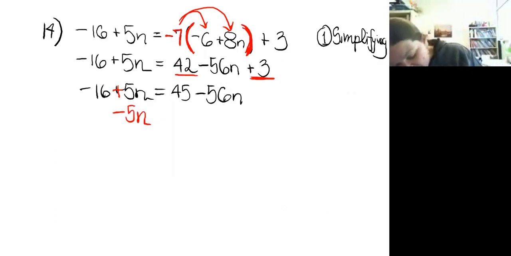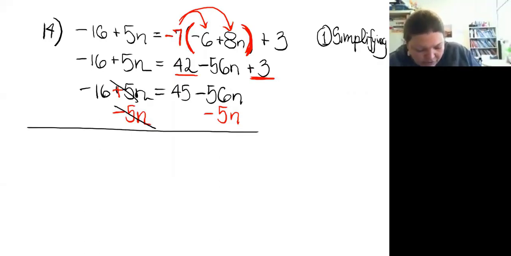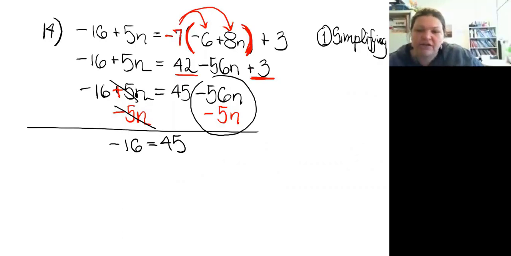So I'm going to subtract 5n from both sides. And notice where I put it. I put it right under the one that it combines with so that I make my life easier and I don't screw up. So on this side, plus 5n and minus 5n zero out so that I have negative 16. And on this side, I haven't changed my 45, but I have given myself more n here. So I had, well, less n, I guess. I had negative 56n, and now I take away another 5n. I'm going to have negative